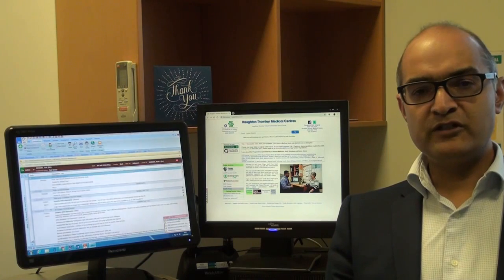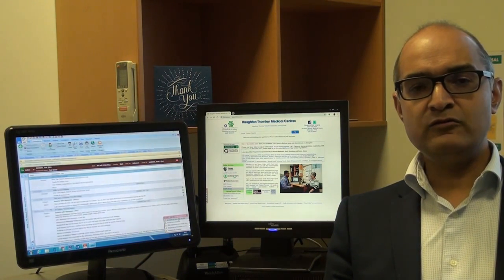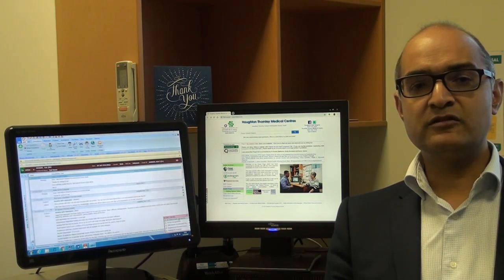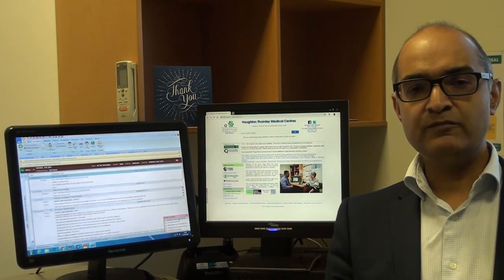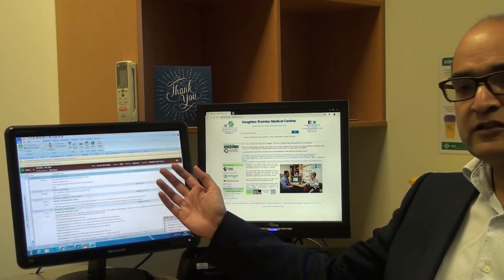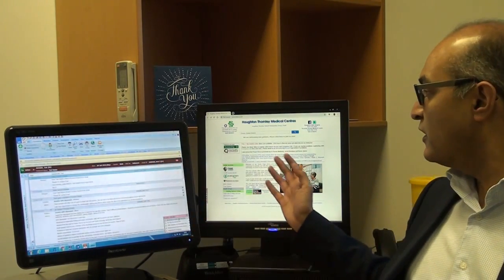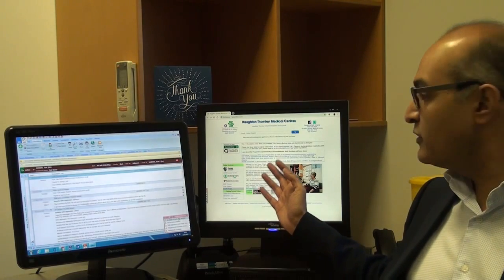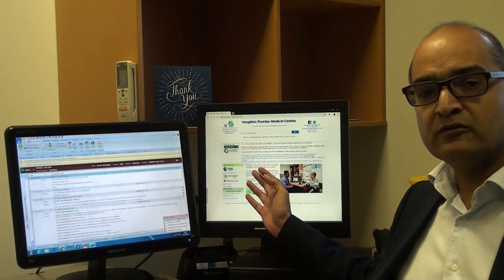One of the questions that people ask is how do we go about enabling patients to be able to view their full electronic health record? Well, you can see me here in my consulting room, and you can see at the side I have two different screens. I have the clinical system over here, and on the right hand side I have a separate screen with the practice website on it, our practice-based web portal